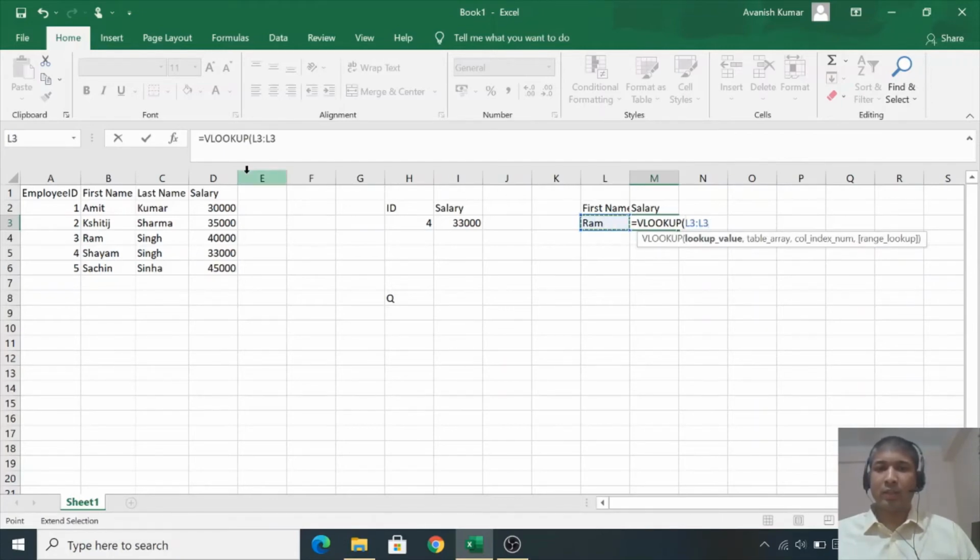and then we'll select the table range. Here we'll select from column B, because the lookup value has to be in the first column of the table. We can see that Ram is in the B column, so the B column becomes the first column. I think we did not give the lookup value. First we have to give the lookup value, which is Ram, and then we'll select the table range. This is the table range. B becomes the first column because the first name is in the B column, and then we have to give the